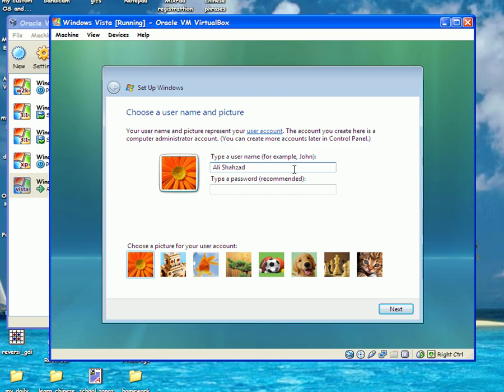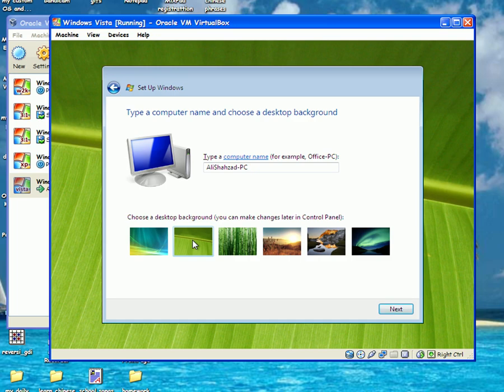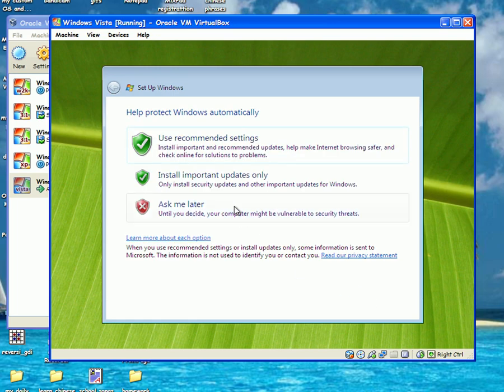Then I will change my profile picture. Click on Next, and then I'll leave it as alishazar-pc. Then I will select the wallpaper that I like. I'm going to select the green wallpaper. Next, and then I'll select